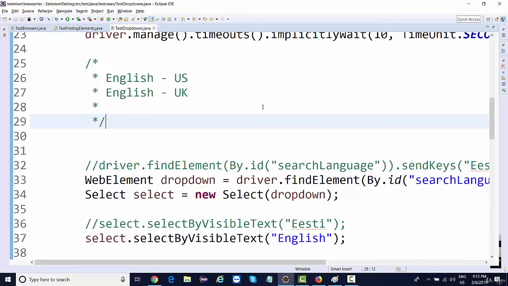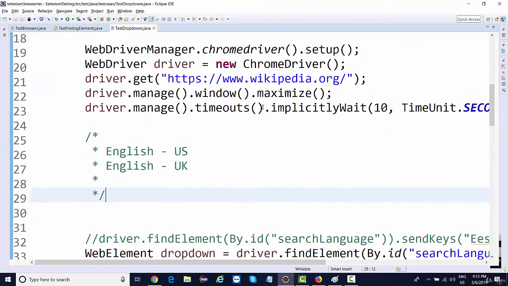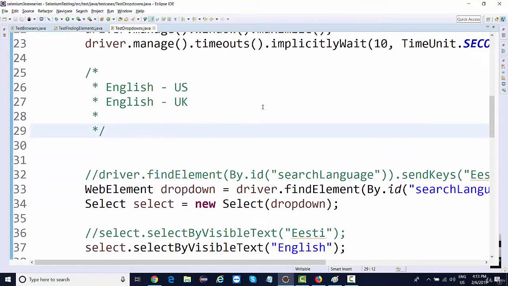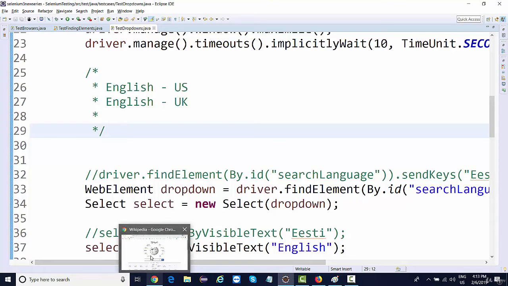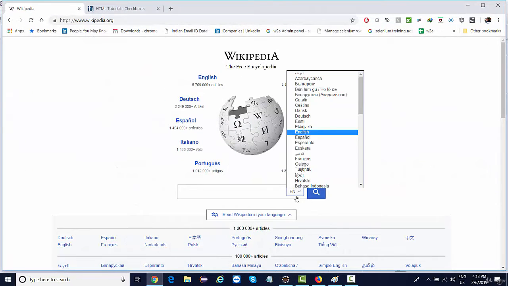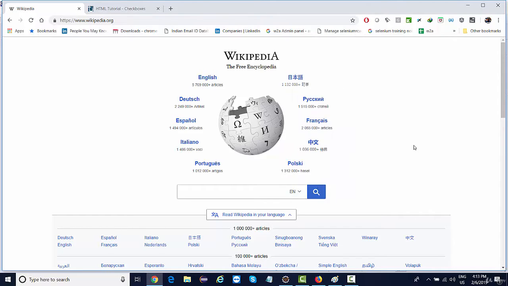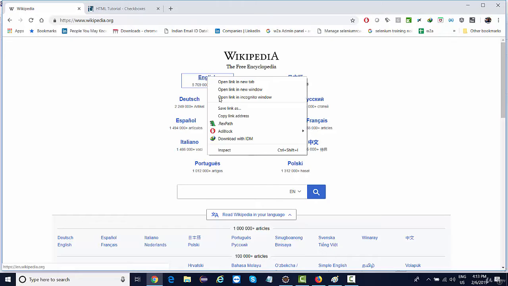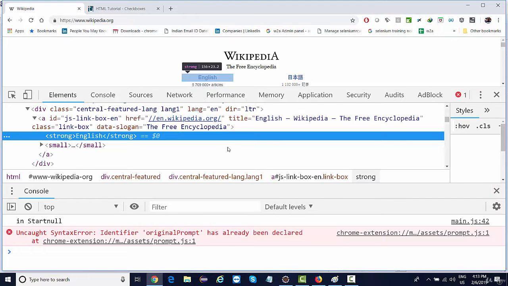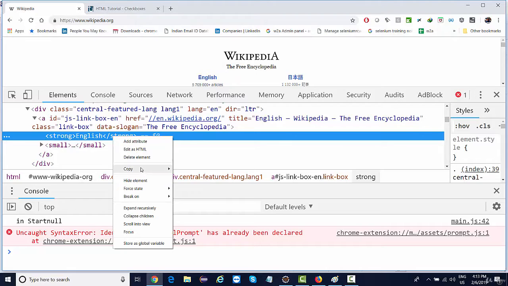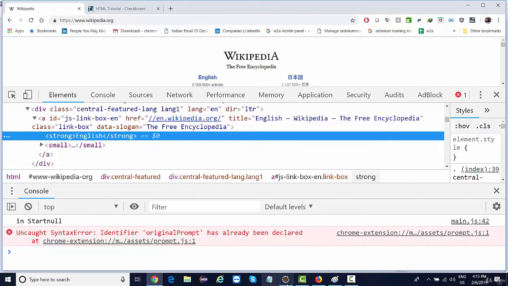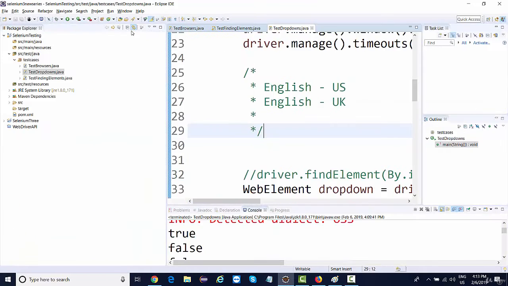So the next topic that we are going to discuss is to find the presence of an element. Finding presence, as in, let's say we were selecting values from here. Before we select a value from here, I want to check the presence of this element. Or maybe before I click on this link, I want to find the presence of this particular link, right? So let's say I inspect this element, get the XPath for this element, copy XPath, and let me try to check the presence of this element.